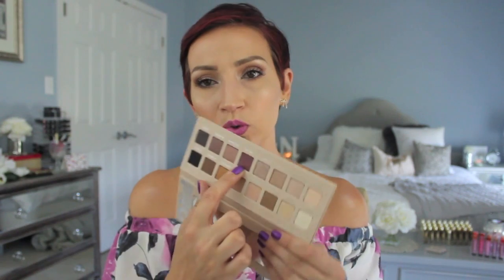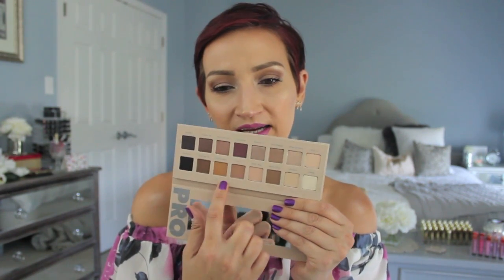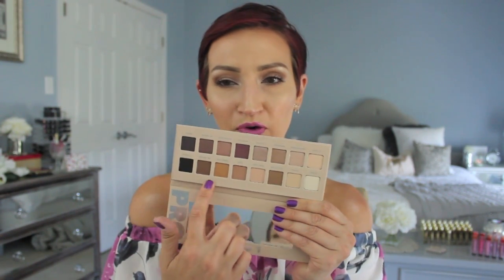But just from looking at this palette, I think it's going to be really good. There's this really cool mauve shade in here. And then I think these shades for the crease. Yeah, Lorac always does it right. If you guys would like a video on this, let me know. It's so pretty. Okay, and the last eyeshadow palette that I have is the Tarte Swamp Queen palette, which